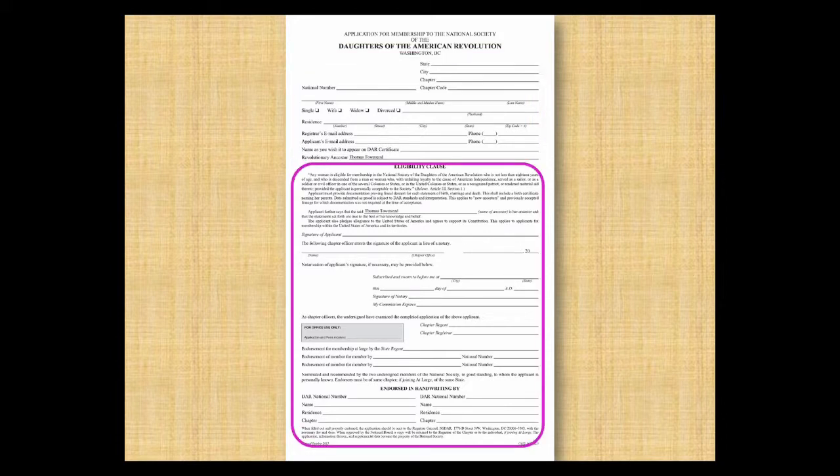This is the mostly blank first page of a DAR application. You can see it is legal size, so let's quickly look at what is on this page before we zoom in. There are essentially two sections. At the top is the applicant's information. At the bottom are signatures and other administrative sections. In this video series, we won't be concerned with the bottom half of this page, so let's take a closer